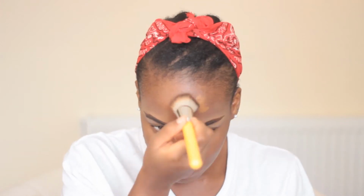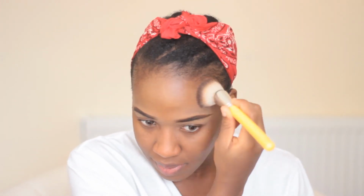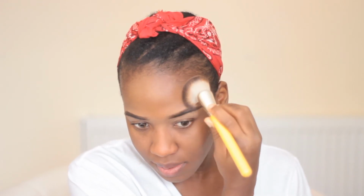I really like this brush because it's so soft, and it just applies foundation like a dream, as you can see. I first of all do the lower part of my face for some reason, I don't know why, but I do the lower part of my face first, and then I do my forehead, and then with my forehead I sort of stipple and then blend because I'm trying to get rid of that ashy look